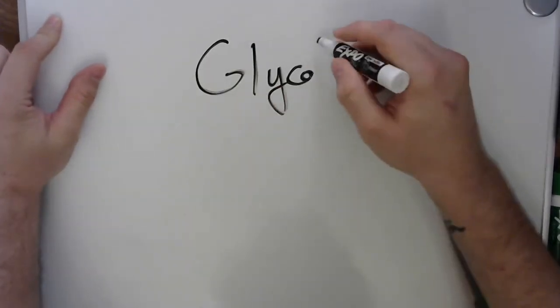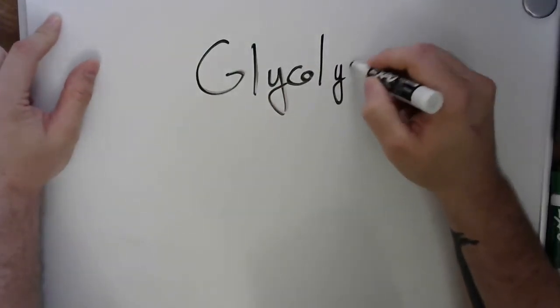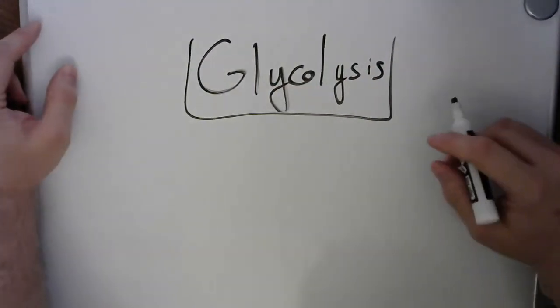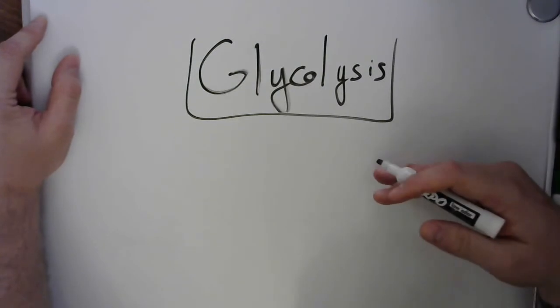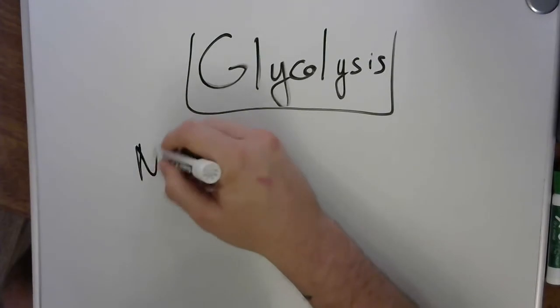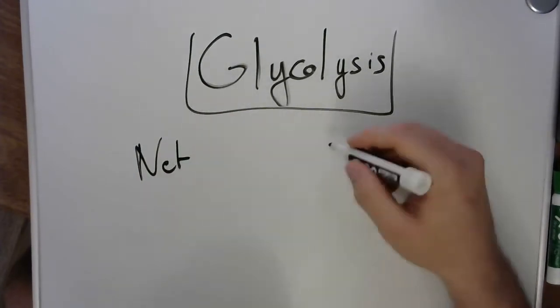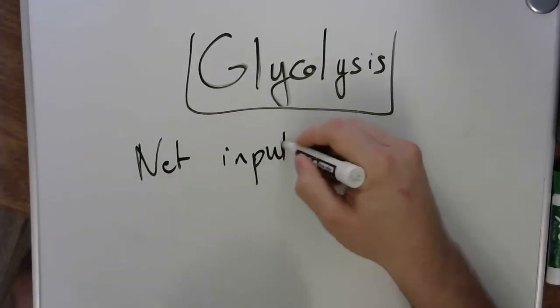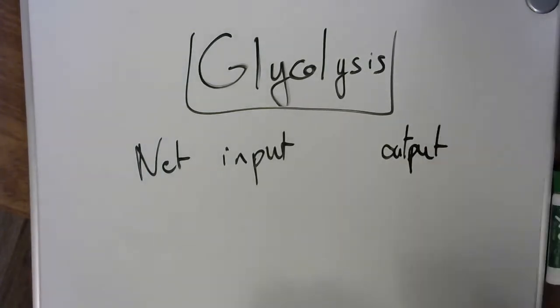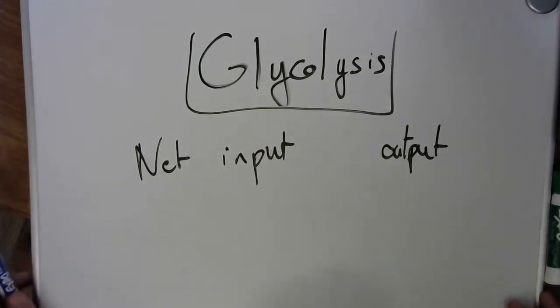And that's going to be the same for all of these processes: glycolysis, intermediary steps, Krebs cycle, and electron transport chain. I'm going to go over them and show you exactly what I want you to know from them. For all of them, you need to know the net input and output. If you know that, you will be able to reform the walk through the steps. You may not know all the steps exactly, but you will be able to understand what's happening and why